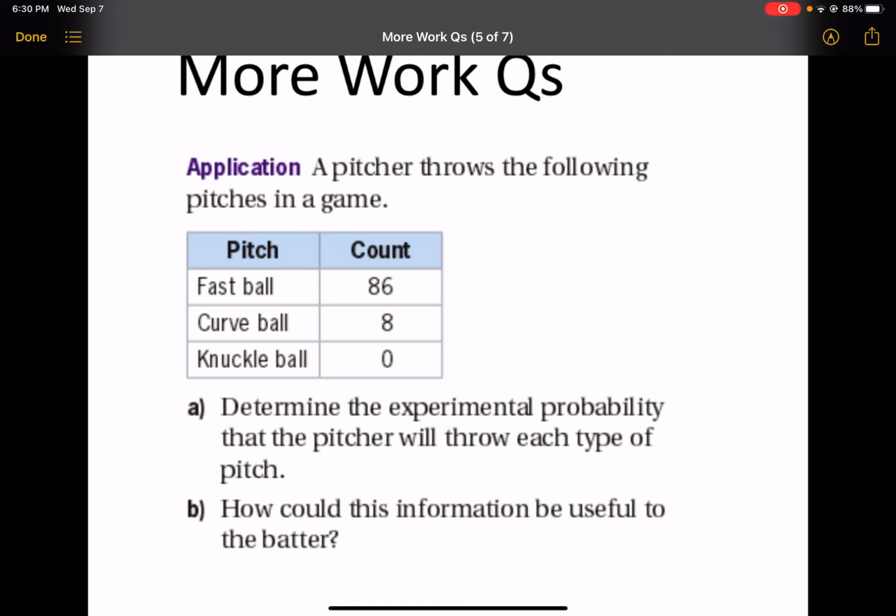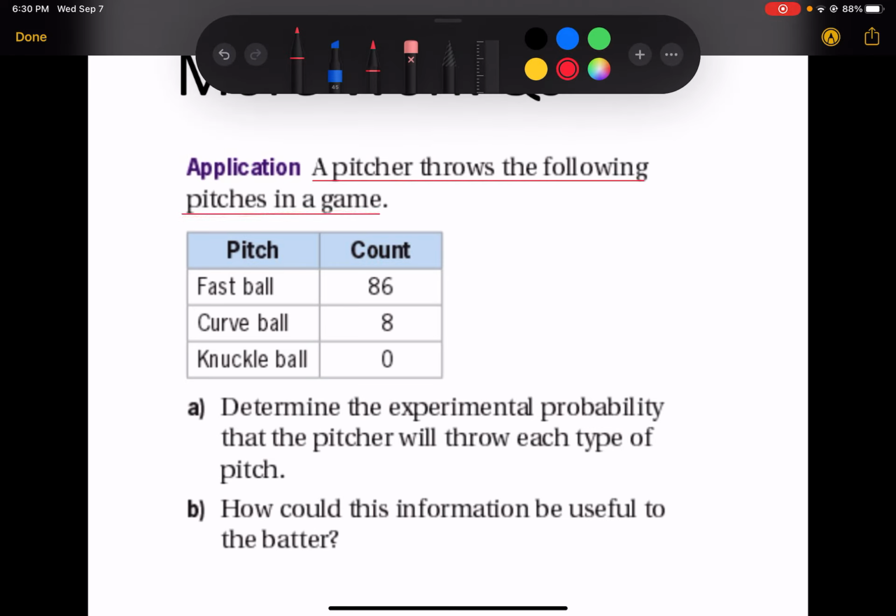Okay, a pitcher throws the following pitches in a game. Once again, this is all essentially calculating the experimental probability. Determine the experimental probability that the pitcher will throw each type of pitch. Well, essentially, you have N of A, which is here, for each type of pitch. And essentially, the outcome is that the pitcher throws a fastball. So N of A is 86, N of T is equal to 86 plus 8, which is equal to